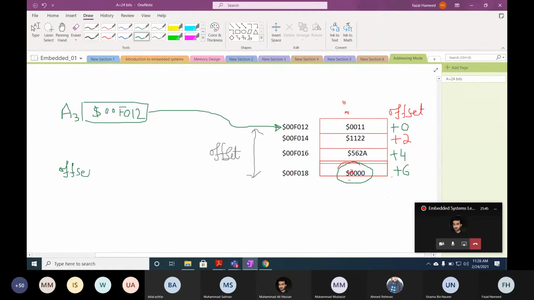How is the offset calculated? Offset is equal to the location where the data lies minus the current location. So offset is equal to desired location minus current location.